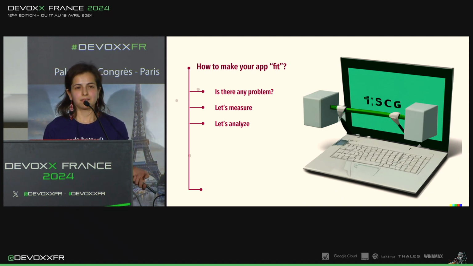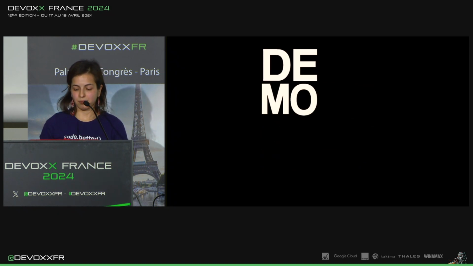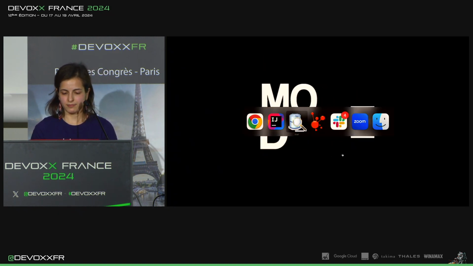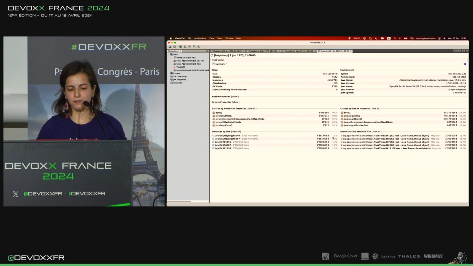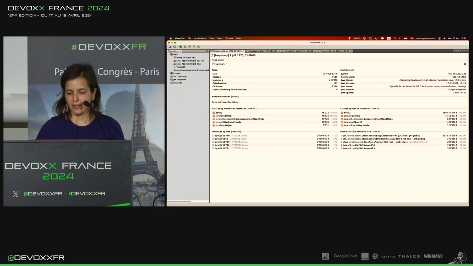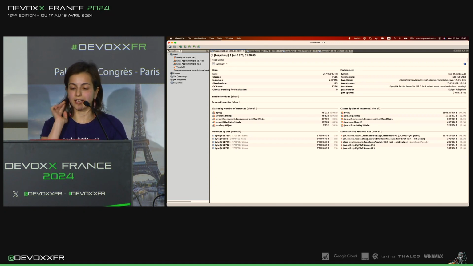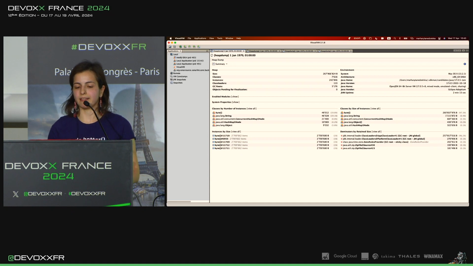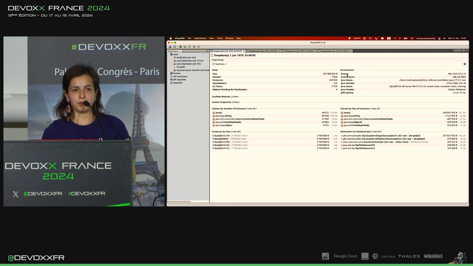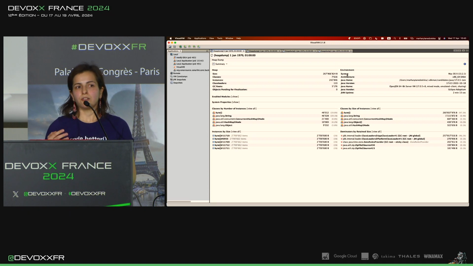Now let's analyze. The best thing that we can analyze is the heap dump. I already prepared some heap dumps for you. As an example, let's look at them. Are you familiar with this UI? Have you ever seen it? This is VisualVM, the most basic tool provided with Java that you can use to analyze Java processes and their heap. And this is the heap dump. So as I told you, logs and stack traces are almost useless. Heap dumps are very important when you are analyzing memory leaks.